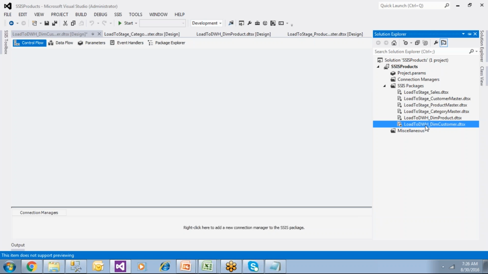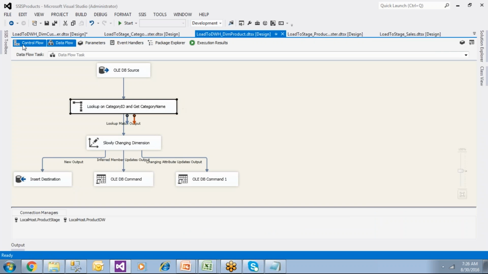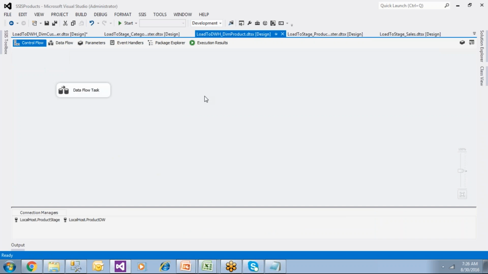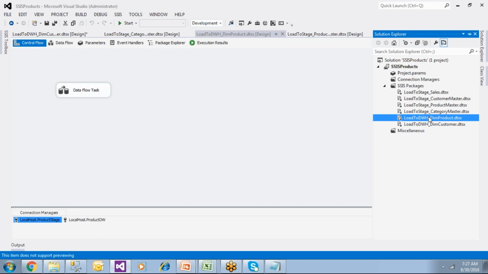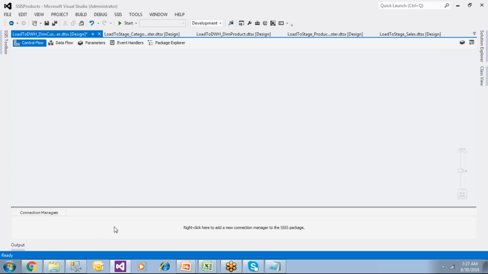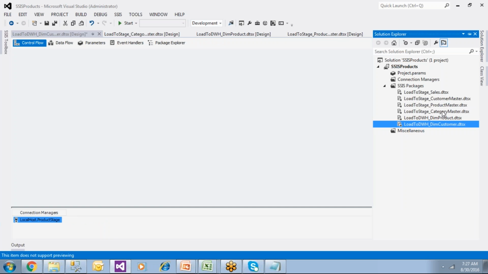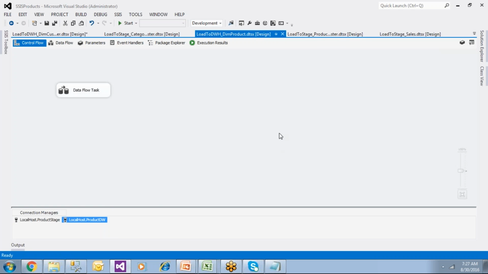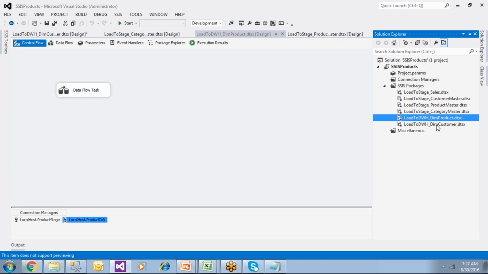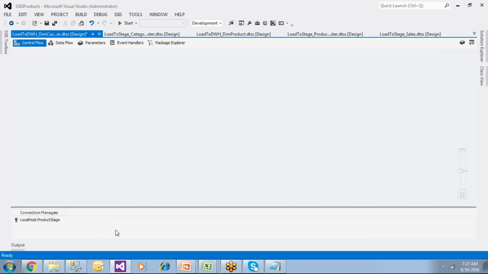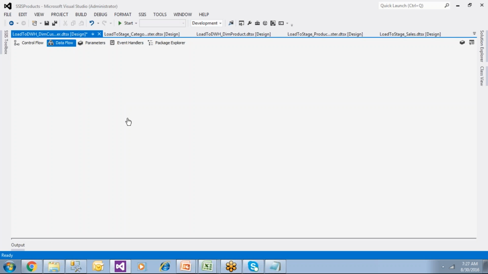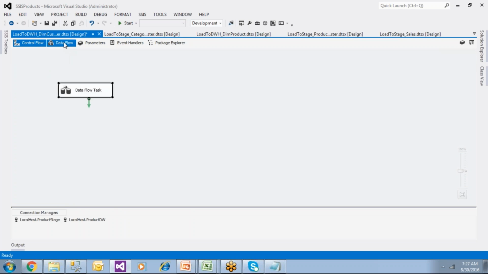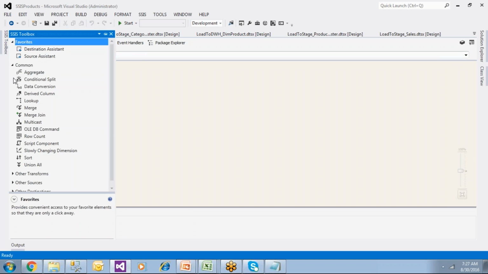Dim customer, and we have to, so let me take, again, I have to take these connections. You can just copy them easily. So come here and put it, and take these connections also, keep it here so that when you're doing the package it will be very easy for you. You need not ask what is the server name and all, because when you get the connections, go to the data flow and have one data flow task here and drag and drop